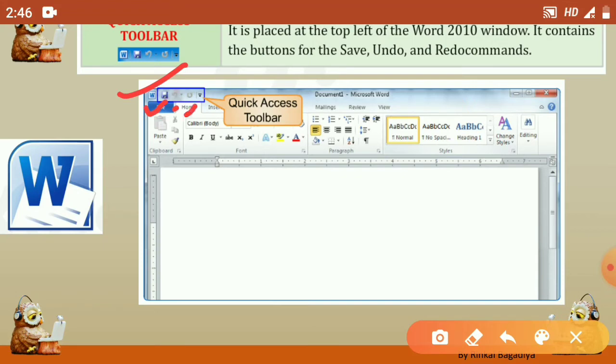These three options. By clicking on this arrow, we can add or remove options from the Quick Access Toolbar. It will give us all the options which are available in the File tab. Okay, so this is the Quick Access Toolbar.